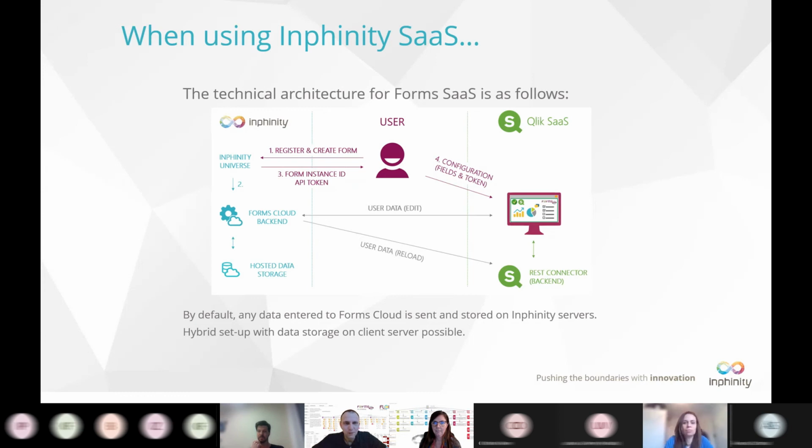We're heading towards certification, so that Inphinity is fully enabled and fully supported also in future releases within the Qlik SaaS. We definitely see Qlik SaaS as a really very important move of Qlik and the strategy. So definitely the integration is there.